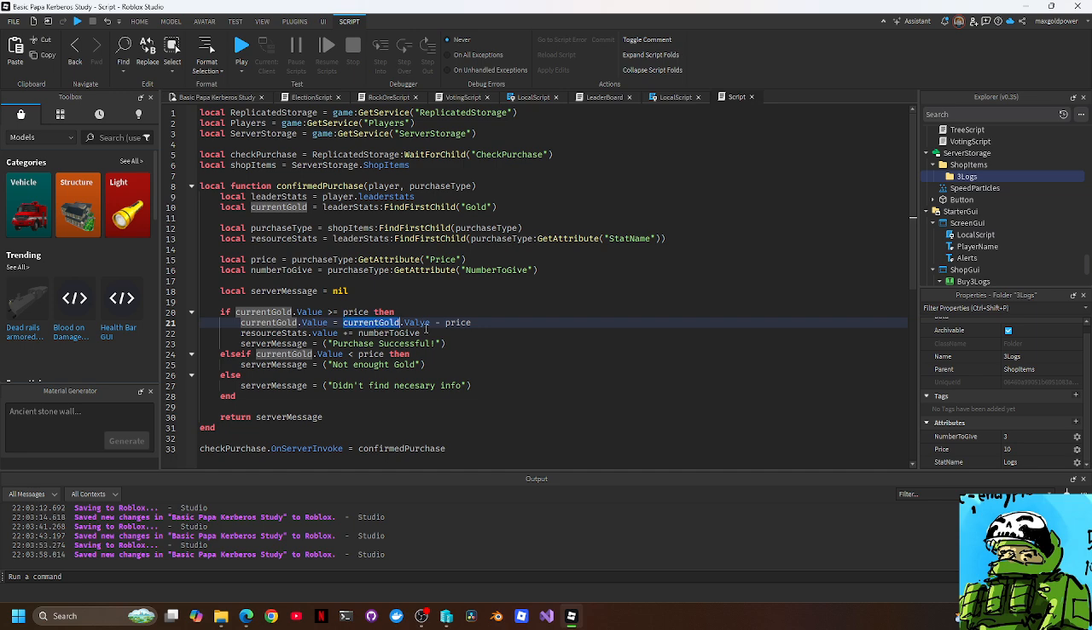So the current gold value, wait, what is this value? The current gold value, which is 10, minus the price will be 0. So the current gold value will now be 0, and the resource stat, what is this stat name? Okay, we're lost. All right, find the first job. Stat name is logs. Okay, so